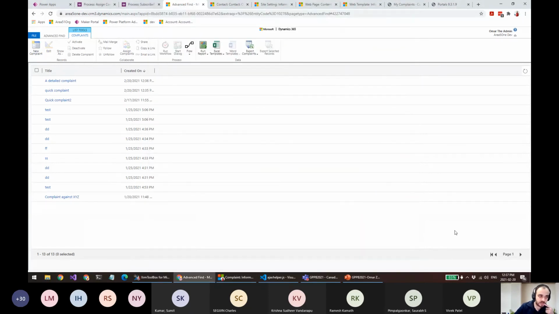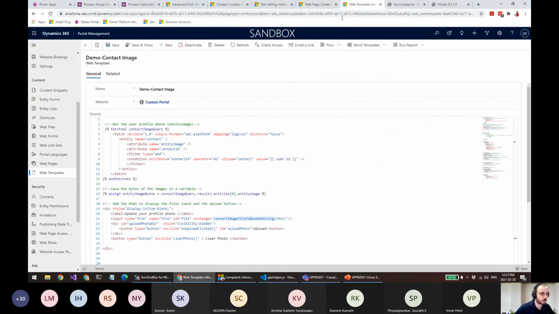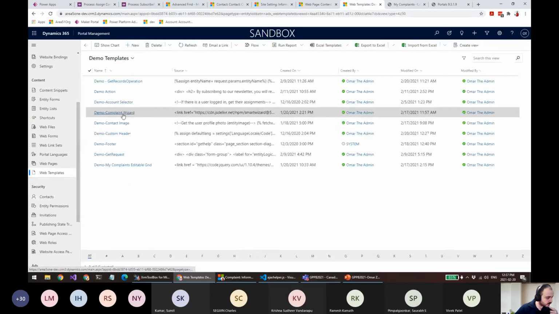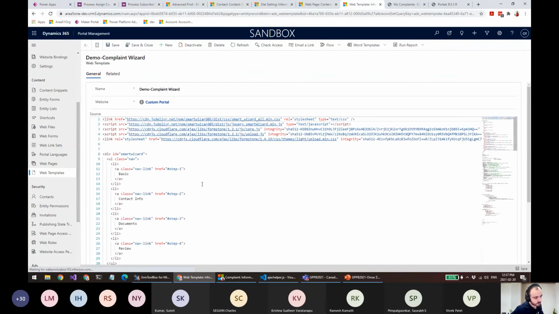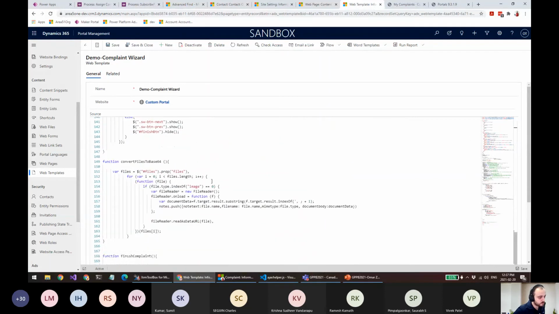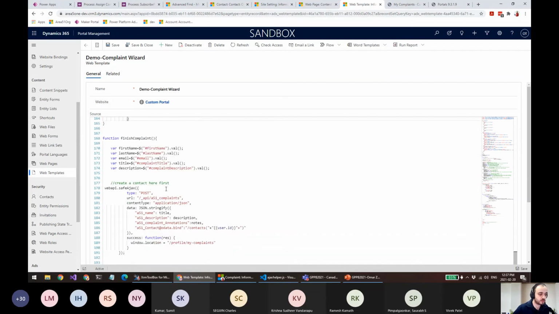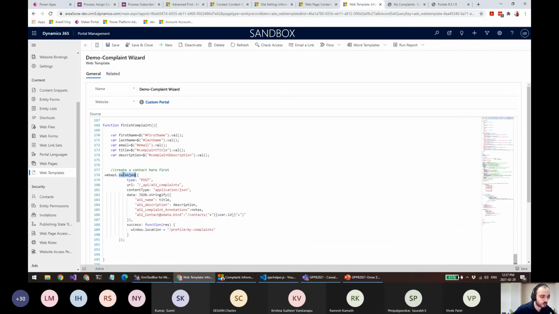Now the way this is achieved is I'm using the deep insert, the one I talked about in the slides. And if I go into my web templates and the wizard, you will see that there is lots of HTML to build these wizards and stuff. But the main point for me is once I get the files from my desk, I convert them to base64 here. And when I do the actual web API call, I post a complaint with a name and the description and whatever information we collected from the wizard. Plus,